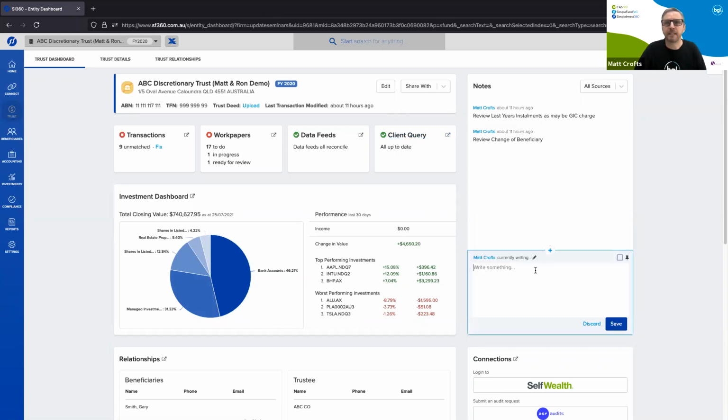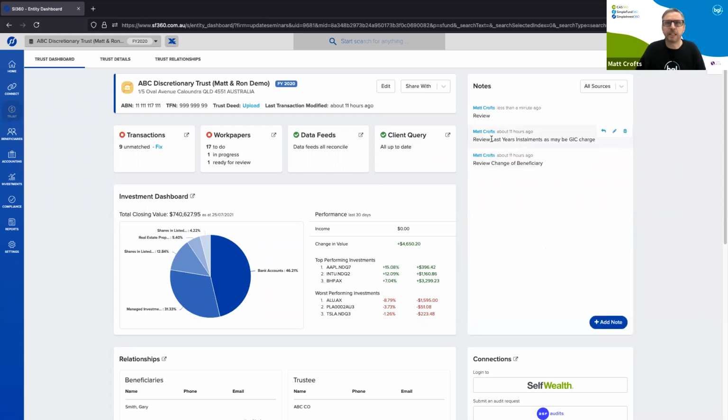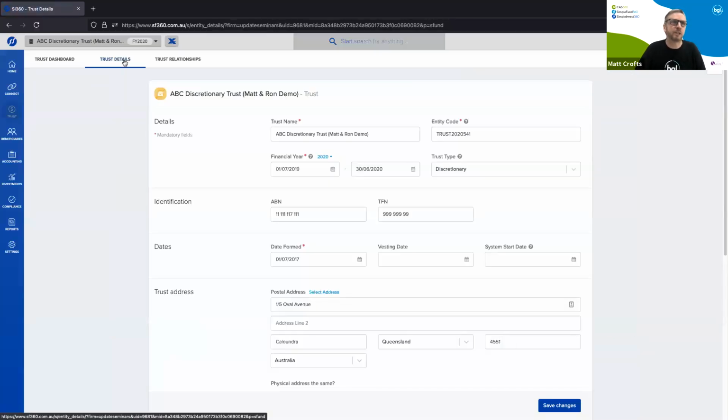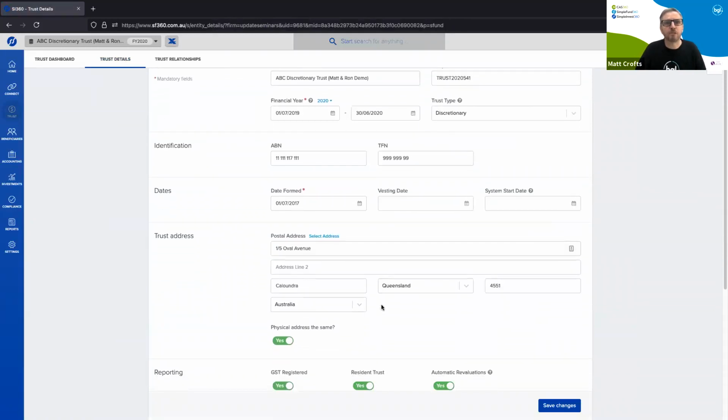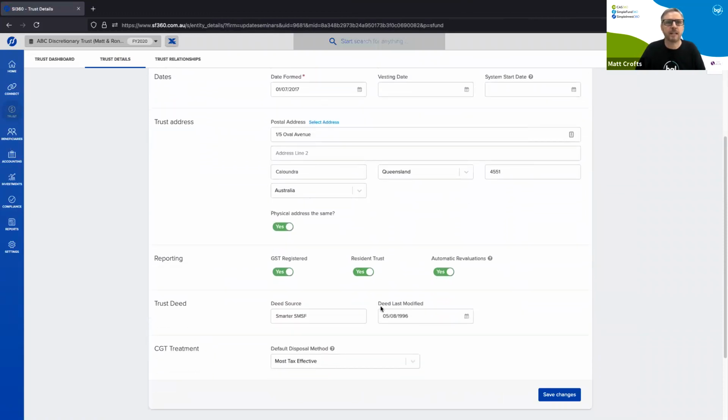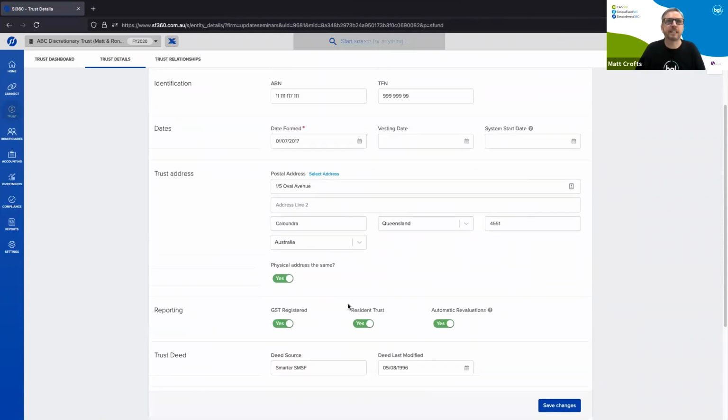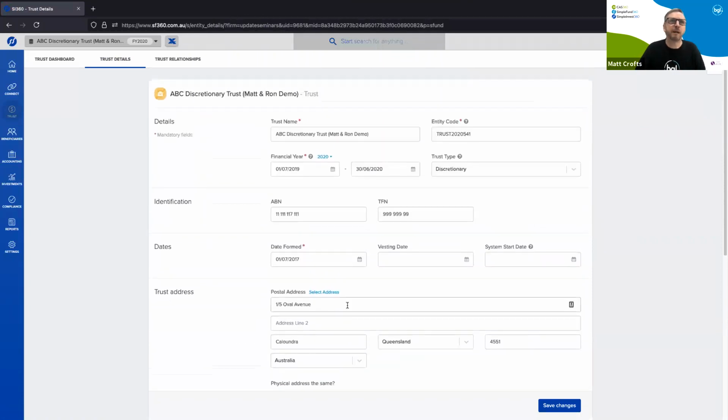You can add notes here, review or something for next year, put all those in here. And then once you've selected your trust, you can obviously put in all the trust details. As I said, you can support all different types of trusts. We support testamentary trusts. We can upload your trust deeds here. Anything to do with trust, we can make it very quick to set up. We can pull the trust data in from CAS, so all the standing information, names, addresses, all that information, same for company data, can be pulled in for the trusts.